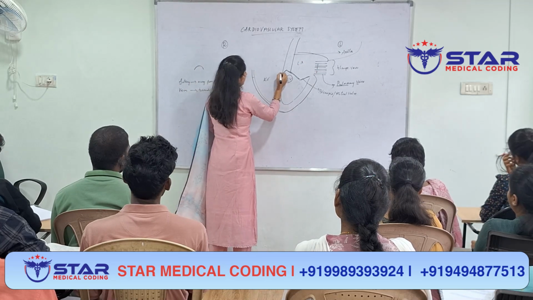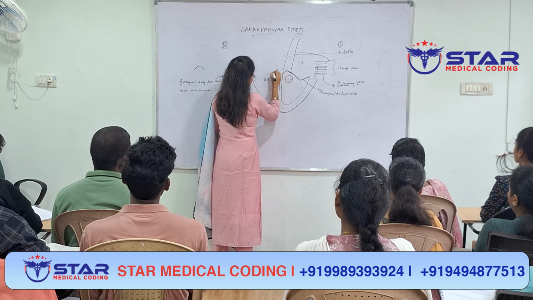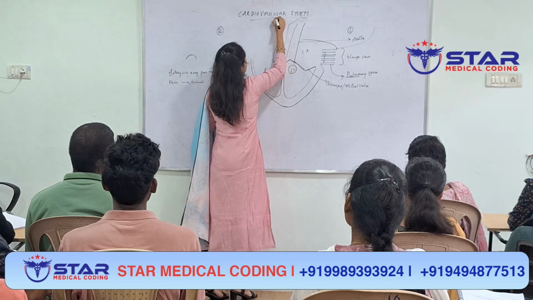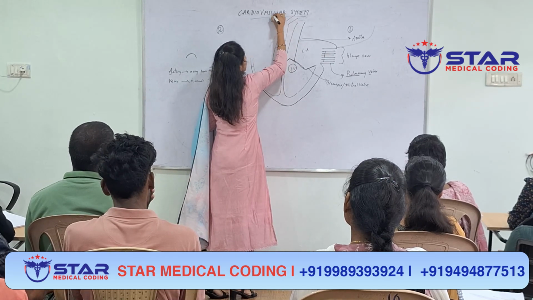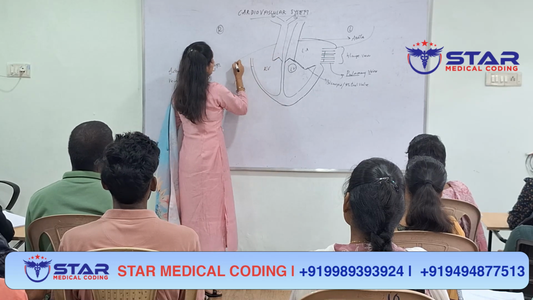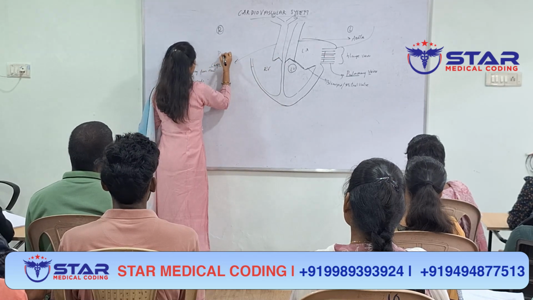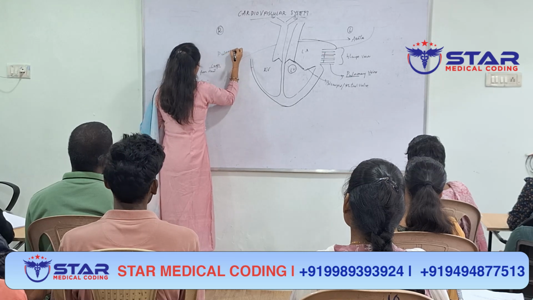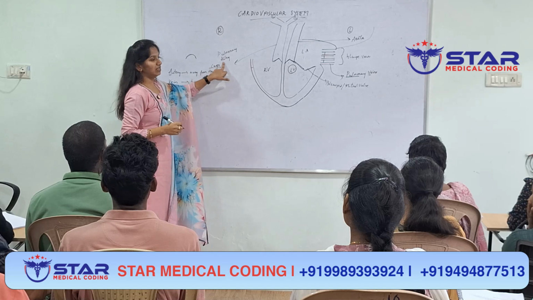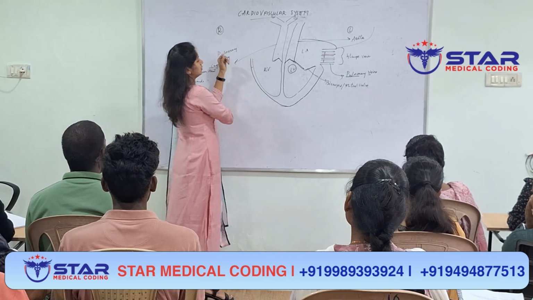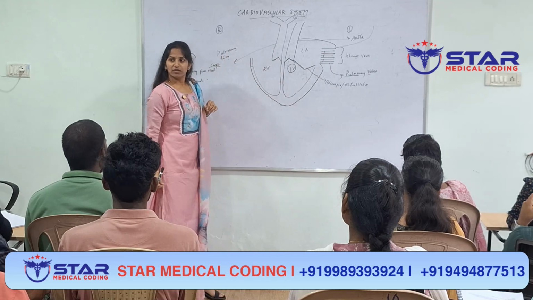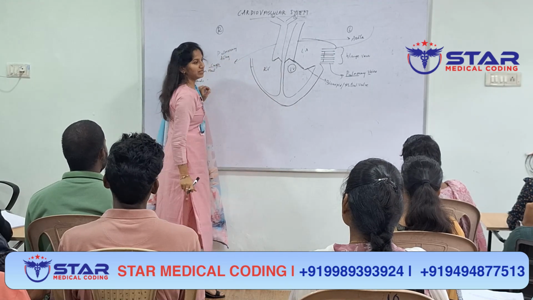Now come to here, where again you have the upward direction cusps, and it extends up to 2, 1 for each lung. You will have 1 lung here and 1 lung here. Got it? So this is called the pulmonary artery. Arteries carry the blood away from the heart. So the blood is going away from the heart for the oxygenation. Got the point? That's why it is called the pulmonary artery.